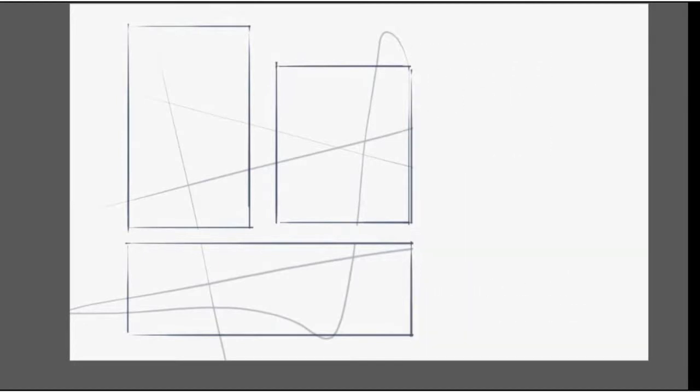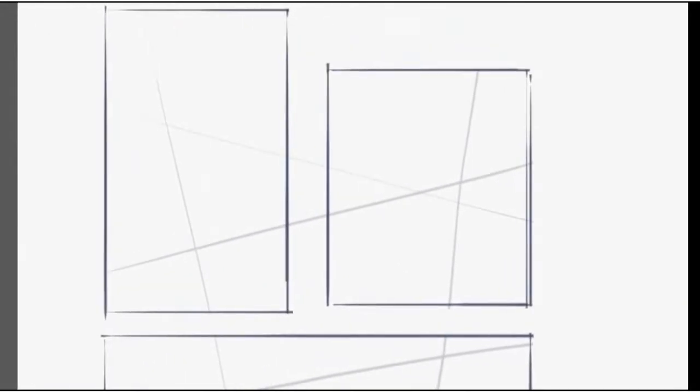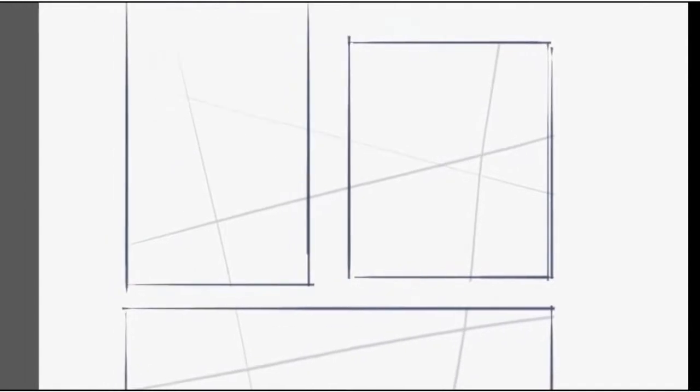So just make some random lines. Here you can see I have taken these random lines which cover all three shapes. Initially I took the shapes, and now I have added these random lines. After taking these random lines, the next step is we need to consider a focal point.